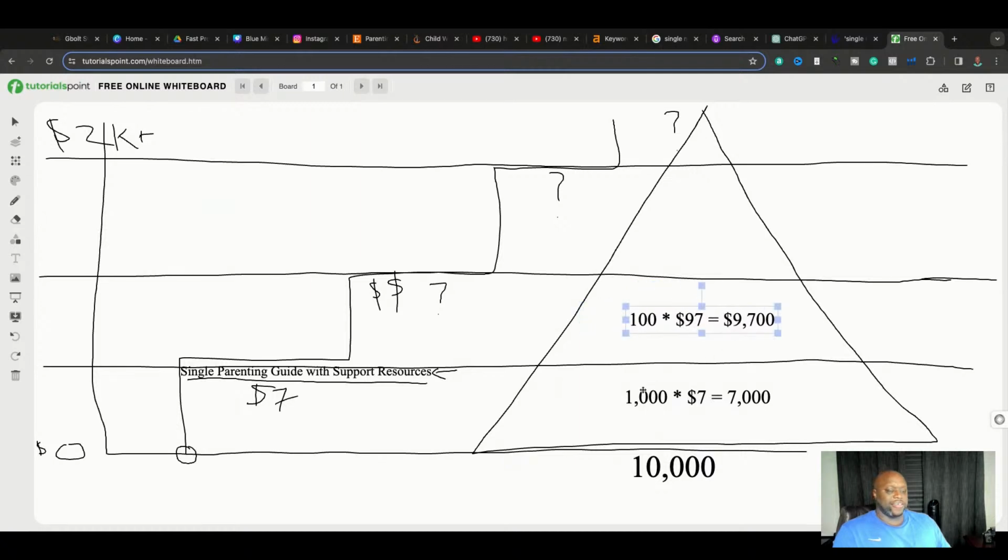So hopefully you guys are starting to see the value of a value ladder, right? The next level, again, we could do maybe 10%, but this product is going to be $497. And again, the numbers can change depending on what you feel comfortable charging. But let's assume 10%. So maybe let's do 10 people times $497 because you're offering more value. Maybe you're offering a group coaching. Maybe you're offering a membership or something like that. That comes out to